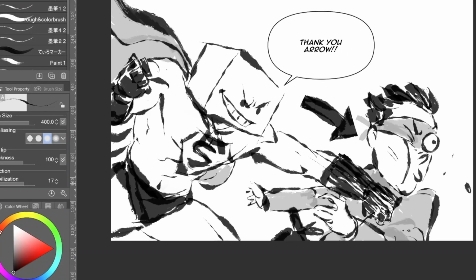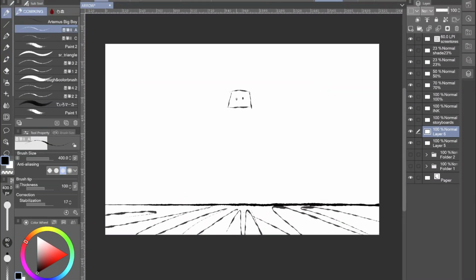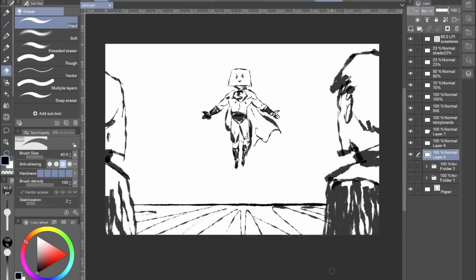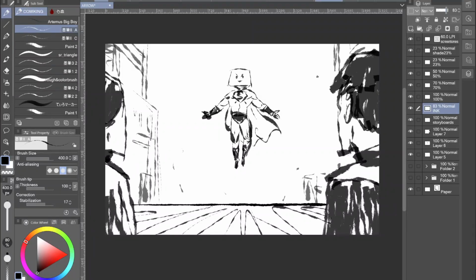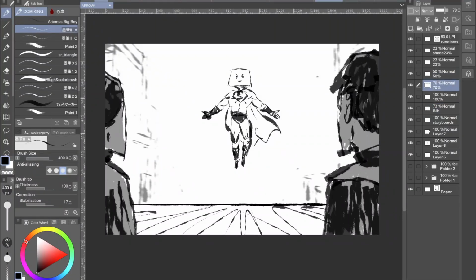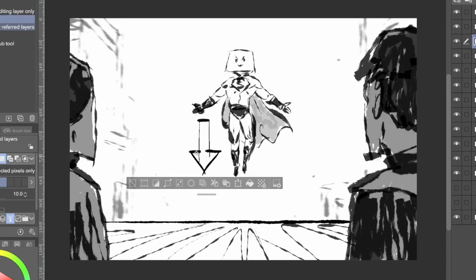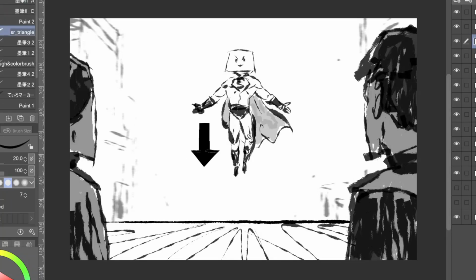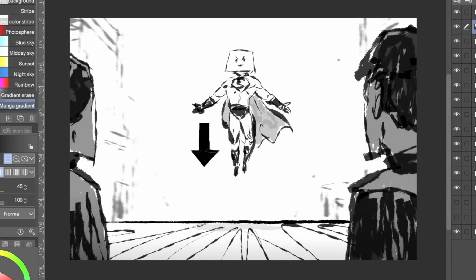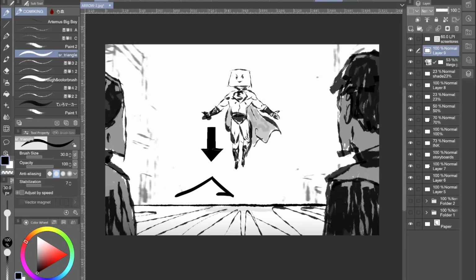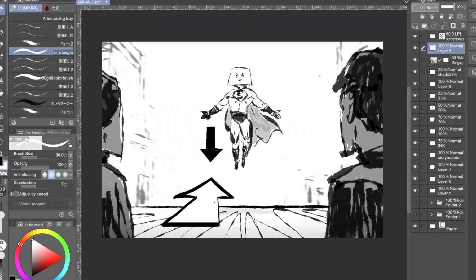Let's break this down. For example, let's draw a superhero in the sky. Now, what do you think is happening in this frame? Because we don't have any arrows indicating motion, all we can say is that the hero is floating mid-air. But now, watch this. Just by adding an arrow to show the character moving down, we instantly understand he's descending, maybe about to land. And by adding another set of arrow for the camera, we see it's zooming in on